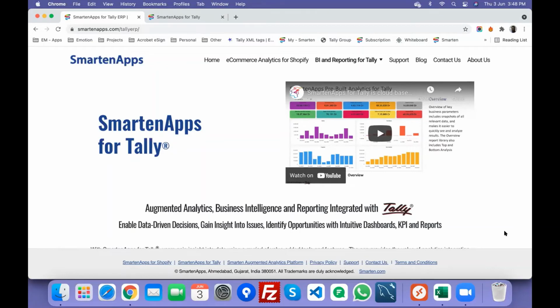If you are interested in a customized version, then you have the option of going for the enterprise Smarten edition, which will have totally different pricing, and you will have the full flexibility of doing whatever you want with your dashboards, KPIs, or reports. But this is an out of the box SaaS service offered at $12.99 per year, and there is no scope of customization in what you are seeing in terms of Smarten apps. If you want to explore our enterprise solution, you are most welcome, and our sales team can give you the detailed proposal and approach for that.